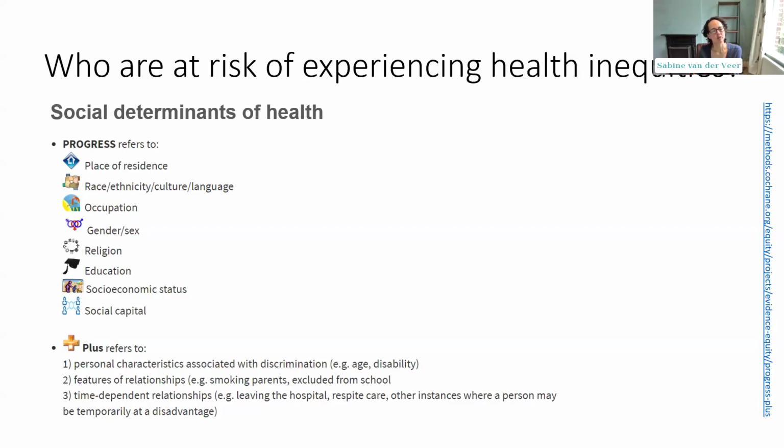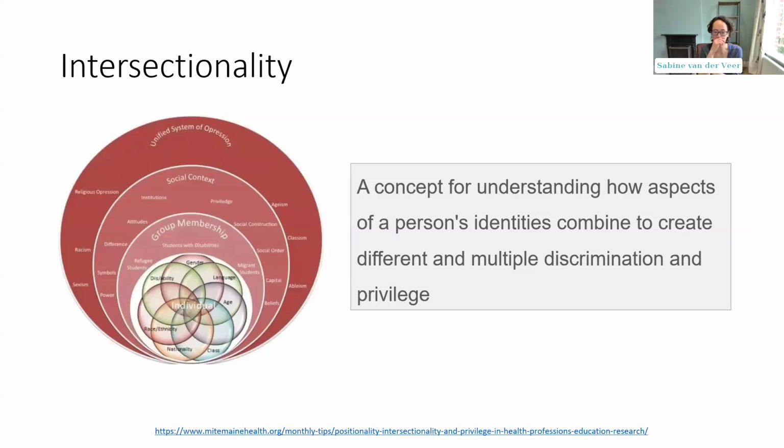So these are social determinants of health related to health inequity risk, but obviously nobody is just their age or just their gender or just their religion. So it's important to always think of people having a combination of those characteristics, which we call intersectionality. And it's the intersection of those characteristics that define our risk of experiencing health inequity. And Mustafa will come back to that in his part of the presentation.